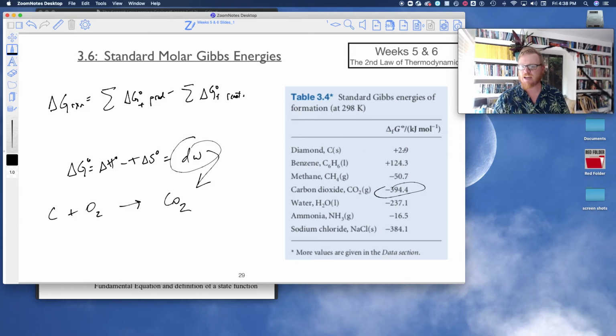Benzene, diamond, not so much. And that makes good sense for diamond, right? You know that you need a lot of pressure and temperature to make that happen. You're not going to form a diamond spontaneously from a lump of coal at 298 K. You need a ton of input. So you have to provide the taxes for that situation. Okay? So I'm going to cut it